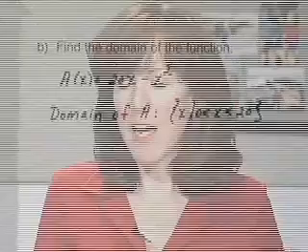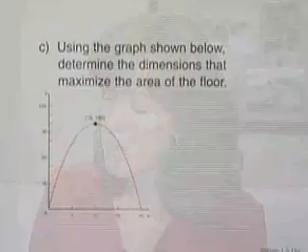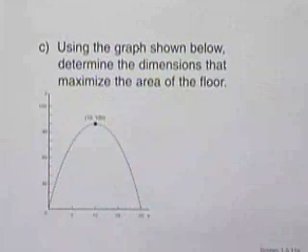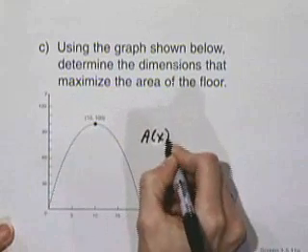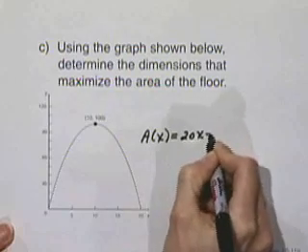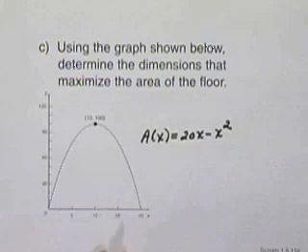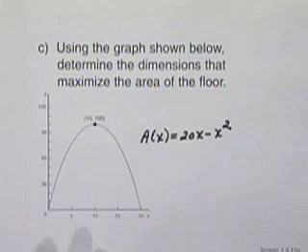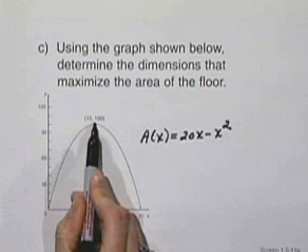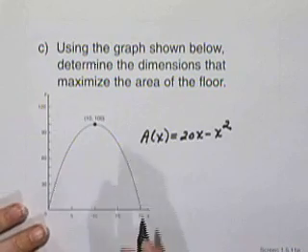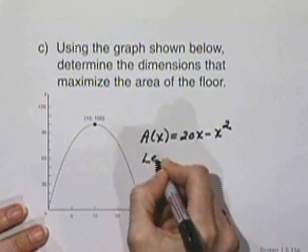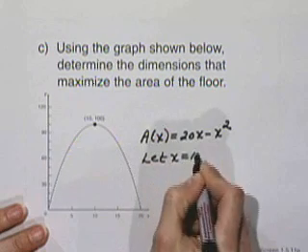Now let's look at the graph. Using the graph shown below, determine the dimensions that maximize the area of the floor. Now this is a graph of the function A of x equals 20x minus x squared. And we want to find the maximum area. Well, the maximum area would be 100 when x equals 10. So we would say that we want to let x equal 10